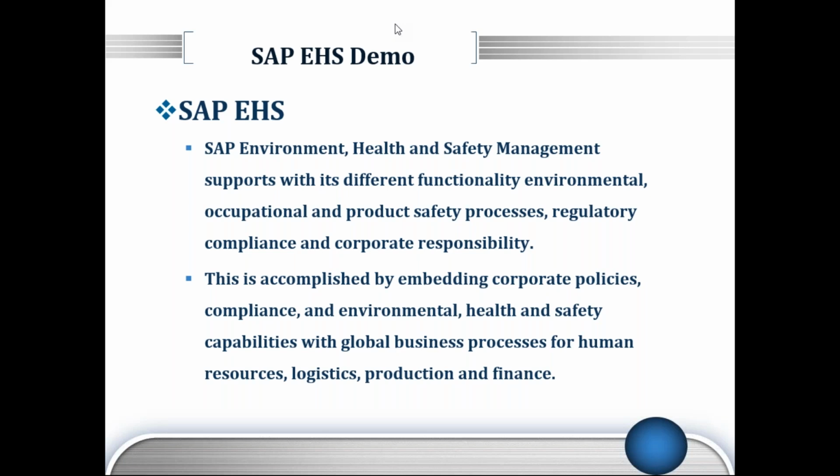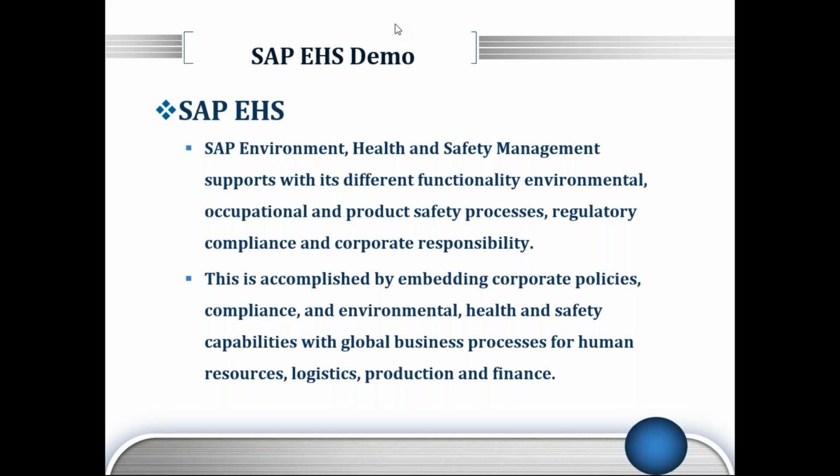Before going to SAP EHS, I'm sure you must know about SAP as an ERP software. SAP is basically a German company. It came into being during the 1970s when three engineers of IBM were working on a project related to finance and ERP systems.